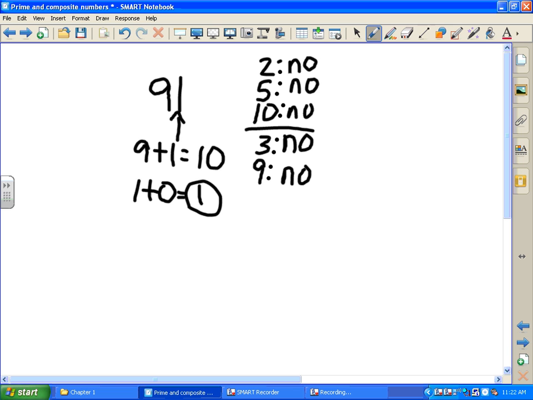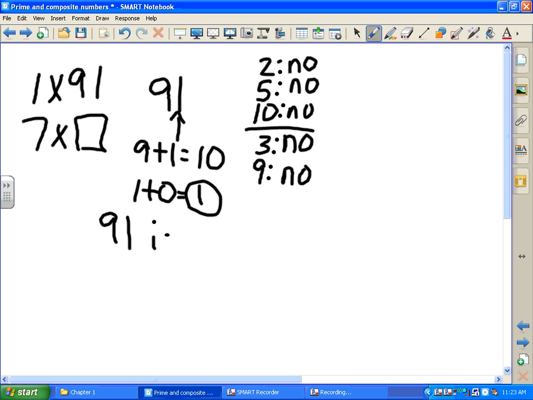Now, if I get a no on everything, I check the 3 exceptions. What are my 3 exceptions? There are 3 exceptions for the rule for prime or composite. What 3 numbers were our exceptions? 49, 77, 91. Oh, 91. So I know that it's 1 times 91 and 7 times something, right? So because 91 is an exception to the rule, I know it has at least 3 factors, which makes it what? Composite. So 91 is composite